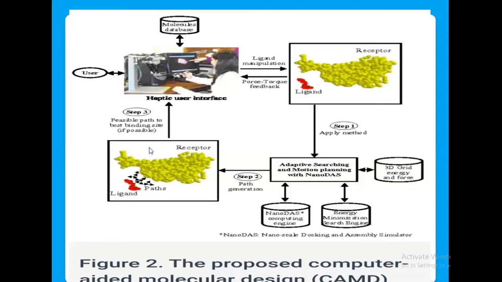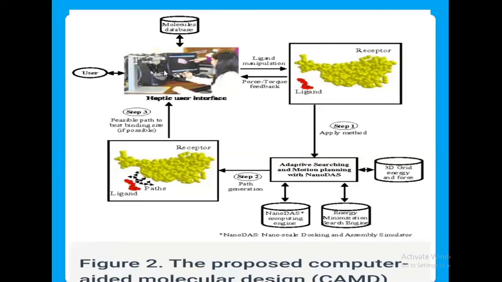You have to find that one, and for that pathway you can do CAMD. Here you see that you have identified this pathway for this ligand to bind with this receptor, and this pathway alone you are going to choose, and that is the feasible path for the binding site study. And you are going to put this pathway in the software. Then the haptic user interface, and you see where you are applying the bioinformatics software, the drug will be designed based on this binding of the ligand with the receptor, and that will be taken to the user friendly.